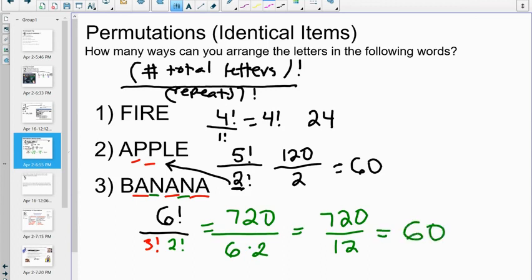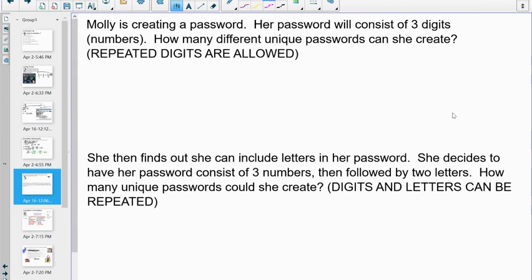Again, feel free to pause or rewind or rewatch anything to help you get prepared for this retake. Now, we have another question. Molly is creating a password. Her password consists of 3 digits,